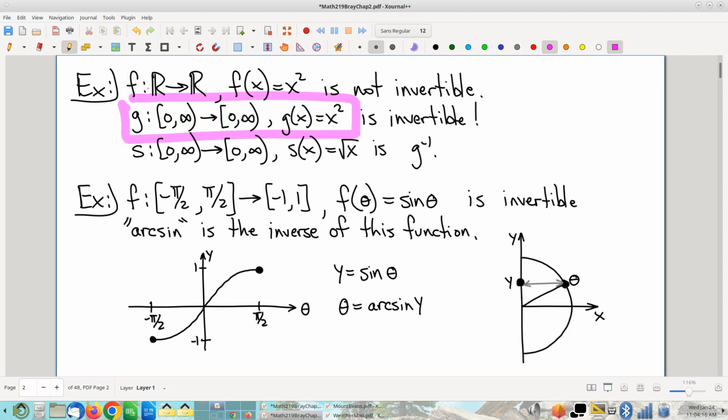You'll notice here the exact same formula, right? But we just play with the domain and the target, and this problem goes away. If I consider the squaring function as something to be done only to non-negative real numbers, and understood to produce only non-negative real numbers, this is invertible. Any output, any point in the target, in other words any non-negative real number, is in fact the square of exactly one